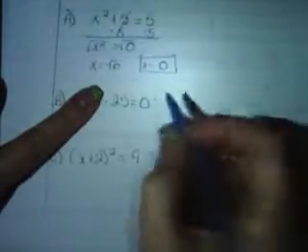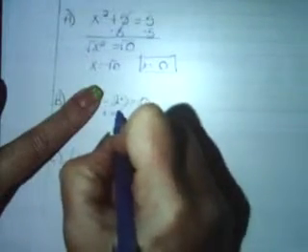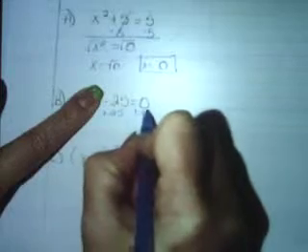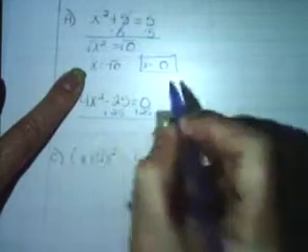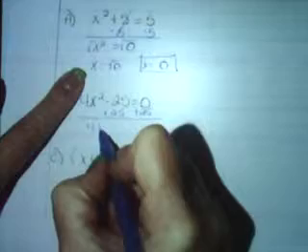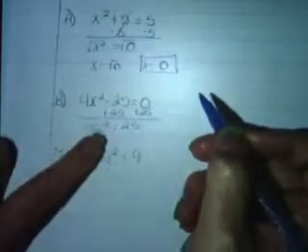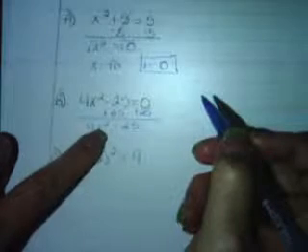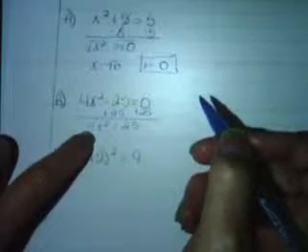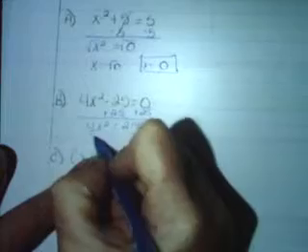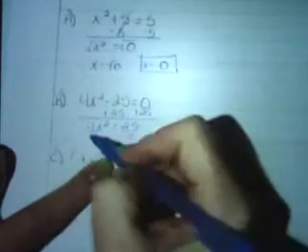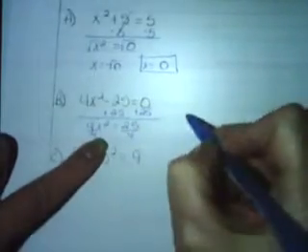Let's look at B. Again, I want to isolate the x squared, so the first thing I'm going to do is add 25 to each side. So I'm going to have 4x squared equals 25. I still do not have the x squared isolated yet, so if I'm multiplying by 4, I'm going to divide by 4 on each side. So I get x squared